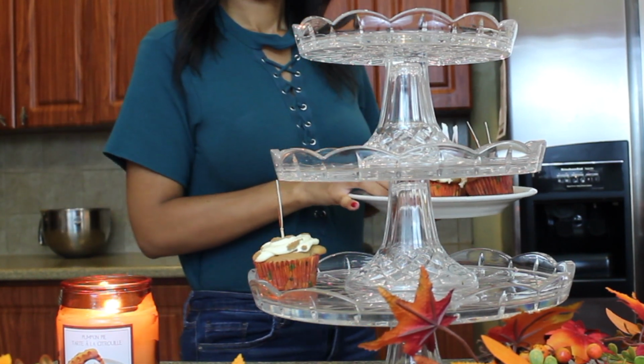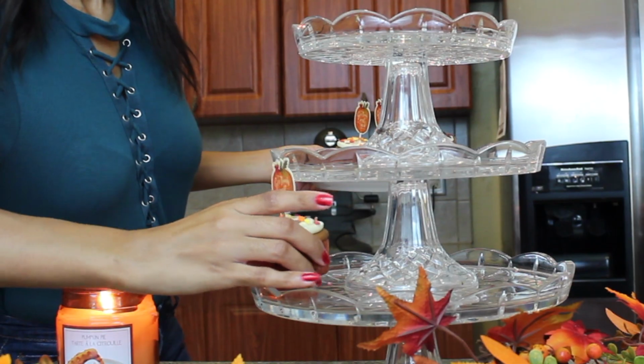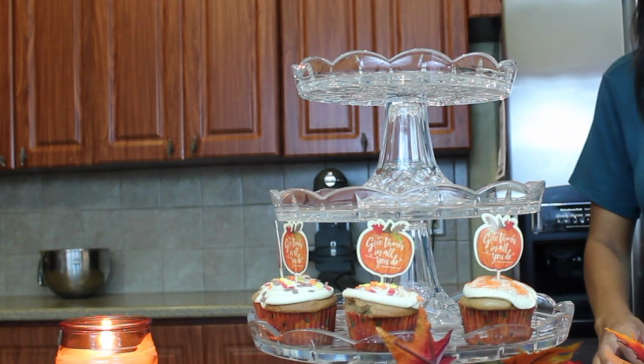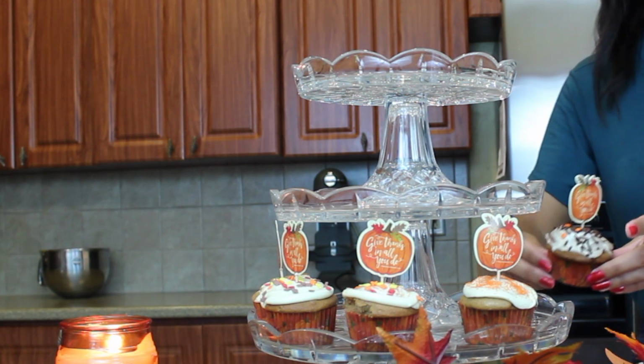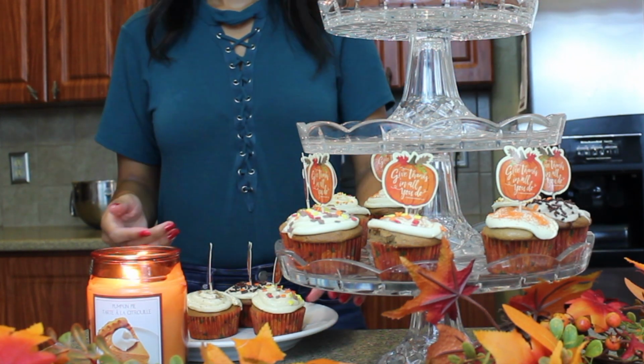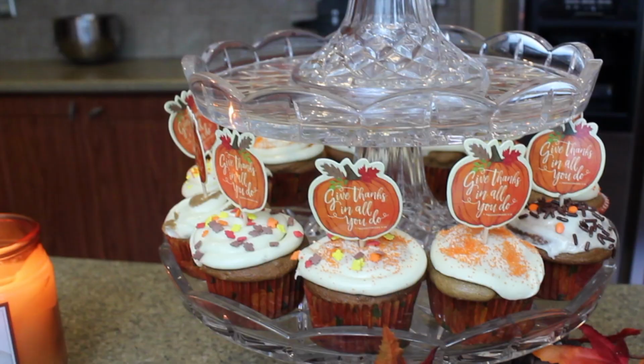Now I'm just placing all our little DIY fall treats on this little tower I have to make it nice and presentable. And this would be perfect if you wanted to do it for Thanksgiving or Friendsgiving or for a nice dinner party. You can have it all set up on the side and anybody can just come and